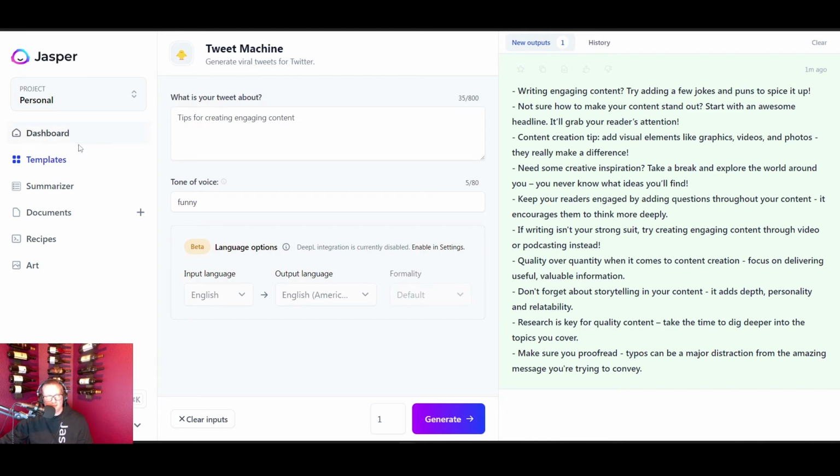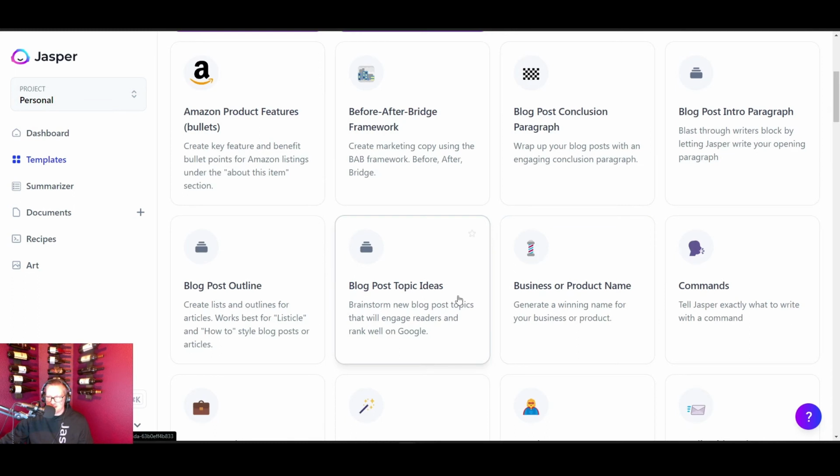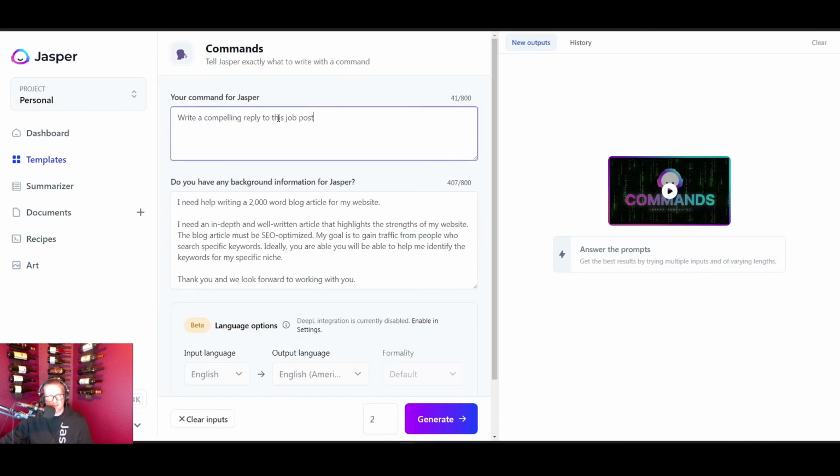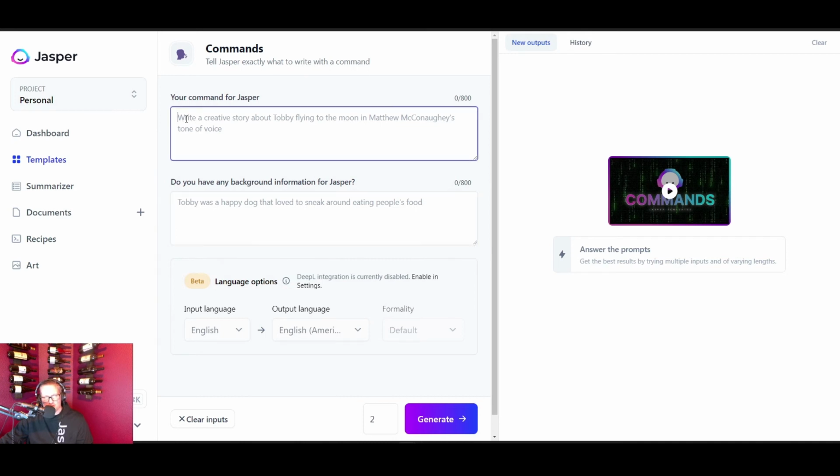Now, one other thing I do with Jasper is I'm not the best at figuring out what's the best hashtag to use and all that other stuff. So what I'll do is I'll come over to commands, which I've used a million times, and I'll say, what do I want Jasper to do? Okay, so I'm going to write